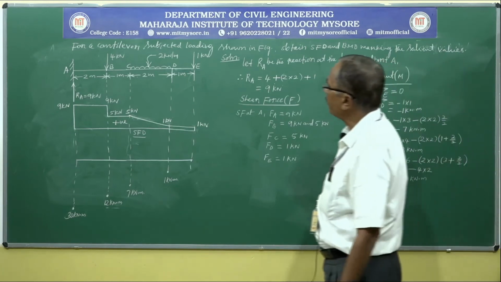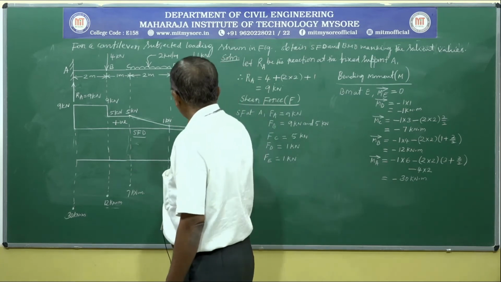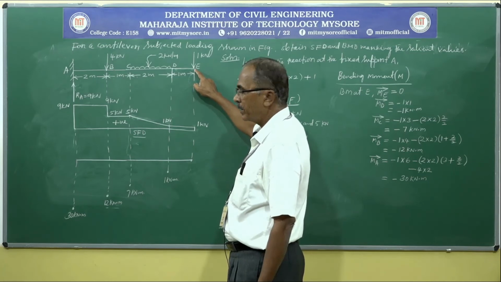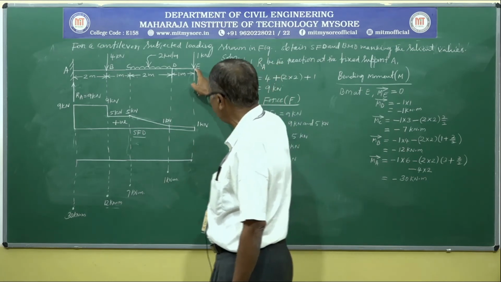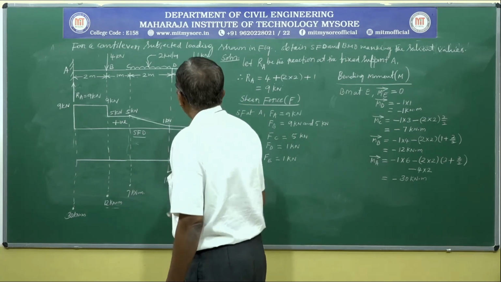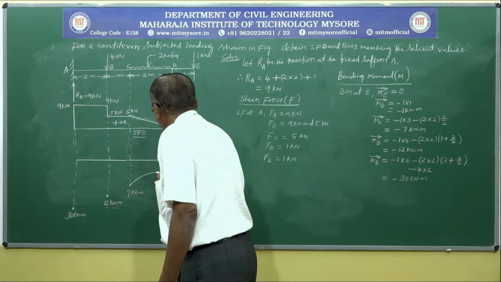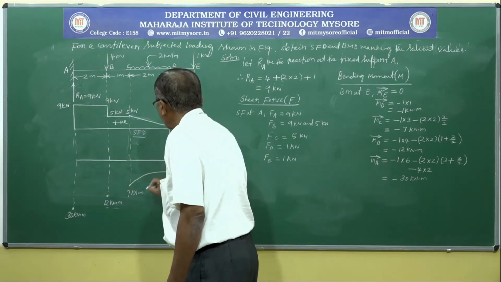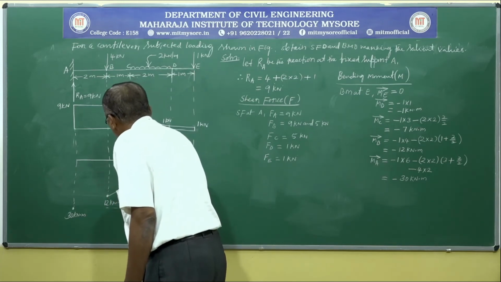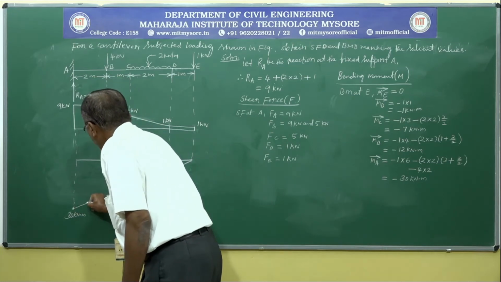We know the variation of bending moment for various loading conditions. Between E and D, since we have started calculating bending moment from point E, let us start drawing the bending moment diagram commencing from point E, from the origin. E and D no load, it is a linear line, and between D and C there is a UDL, it is a parabola. And again between B and C there is no load, linear line, and A and B no load, it is a linear line.